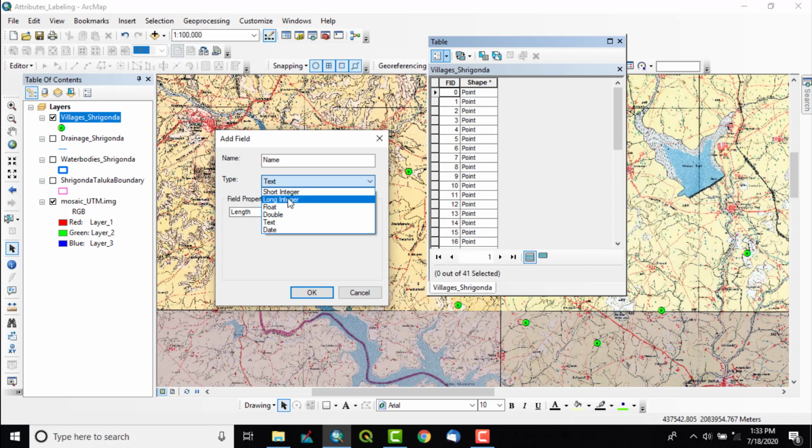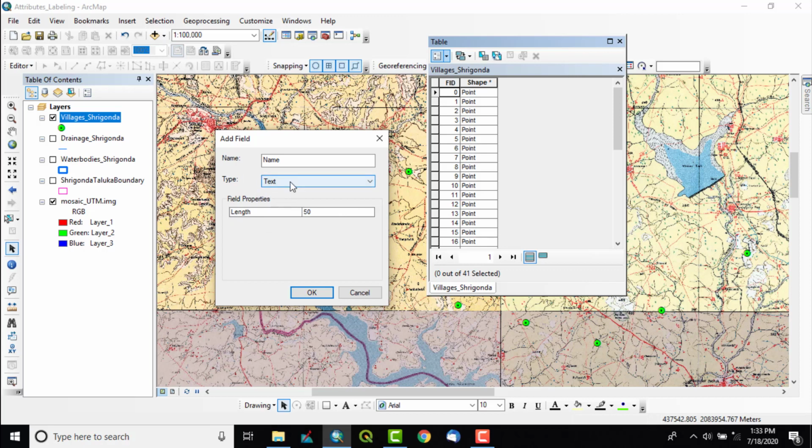Digits which don't have any decimal values, and float and double store the values which are in decimal, and text is for inputting the alphabets and text, and date is to input the date. In such a way we have to choose the appropriate type of the data.